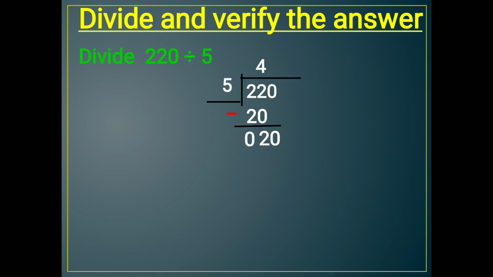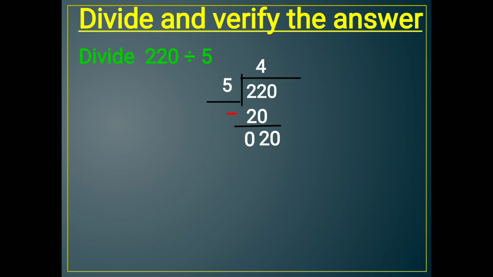Now, you know that division starts from the leftmost digit. So left digits, that is hundreds and tens place, you can take, that is 22, because 22 is easily divided by the 5. So 5 fours are 20, and 4 you will write upside, and 20 you will write just below the 22. And after that you will subtract 20 from 22, we will get 2.